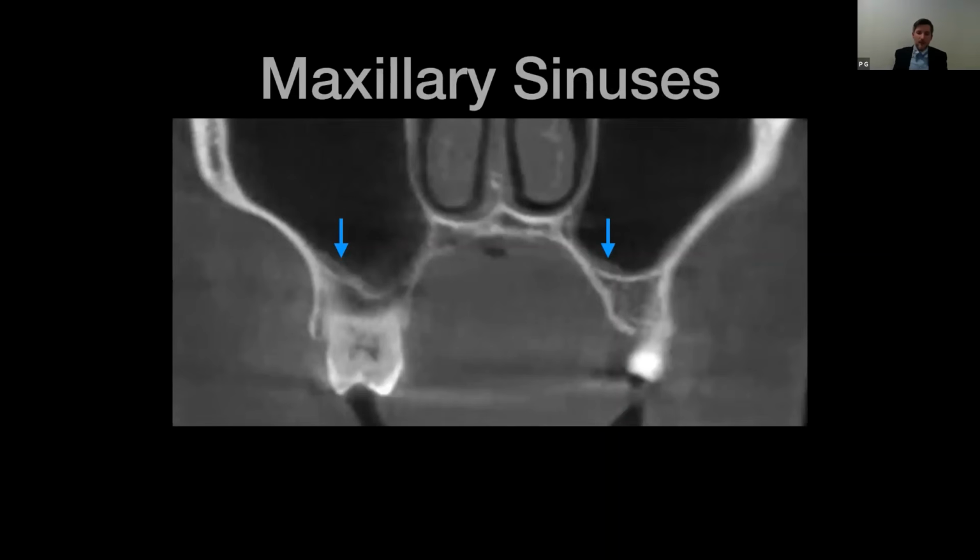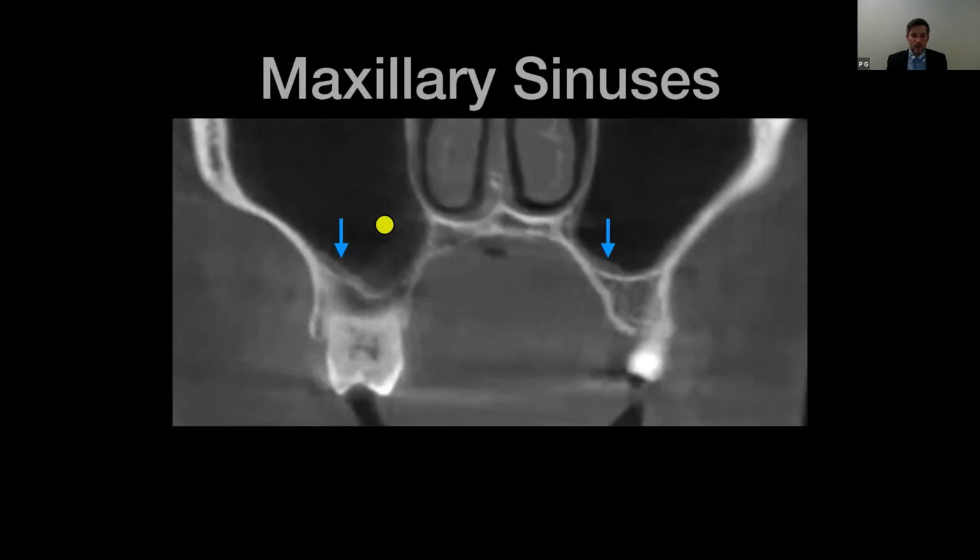So just as a baseline, as a primer for the maxillary sinuses, for those of you new to cone beam, radiolucent or dark would be air. And so here we see the maxillary sinuses. We see the patient's right maxillary sinus, the patient's left maxillary sinus. It looks like we've got a premolar or a molar here. And then here is the nasal fossa, the nasal airway.